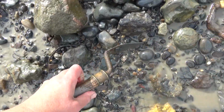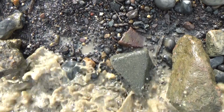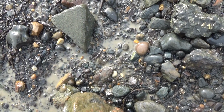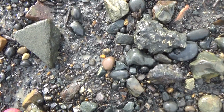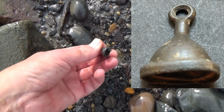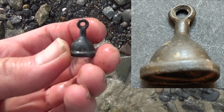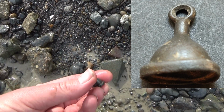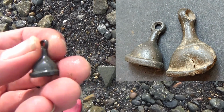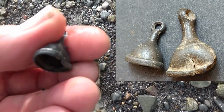I do love these old nails that are everywhere here. Oh, now what's that? What is that? Now that is interesting because I have one of these at home that I found absolutely ages ago, maybe even years ago, and I don't know what it is. It's pretty much identical. Do you know what that is? It looks like a little bell, doesn't it? Or is it a little fishing weight? Or...